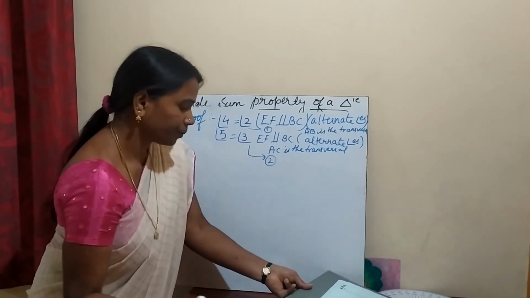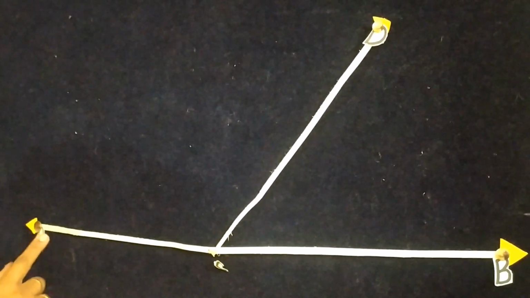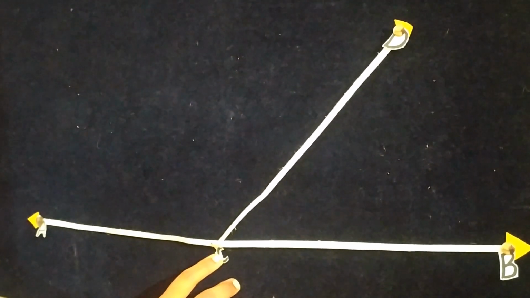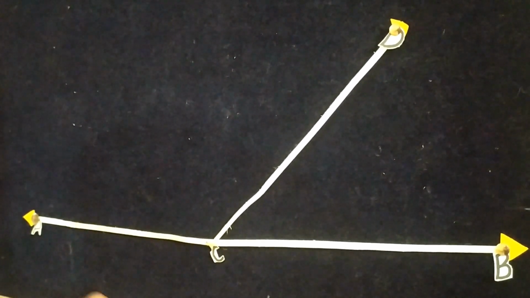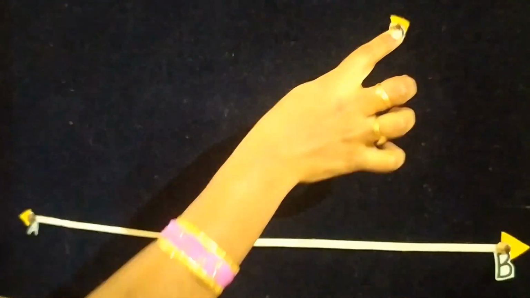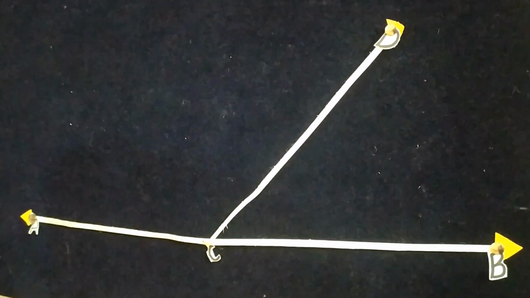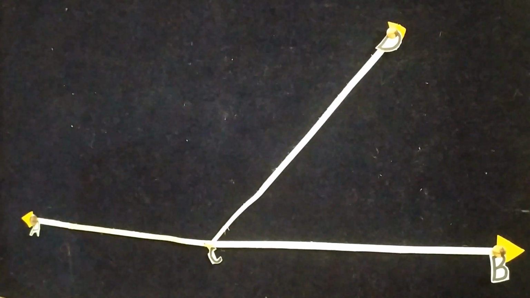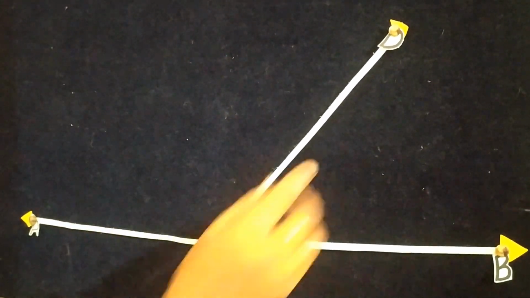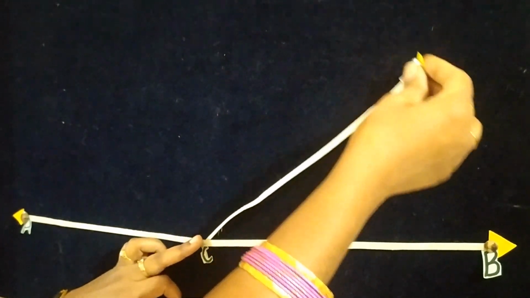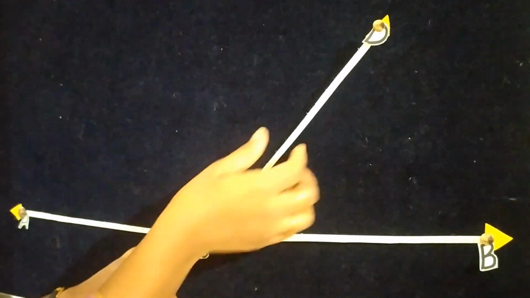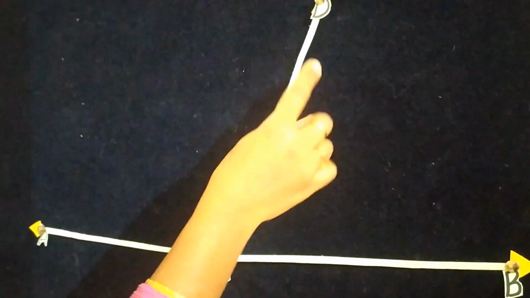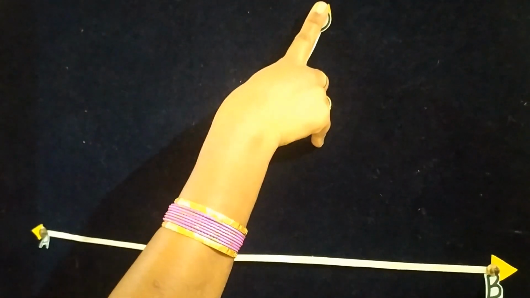Now just observe here. AB is a straight line, and at the point C one more line has formed, that is CD. Now CD is called a common arm, and the point C is called a common vertex. So these angles, DCB and DCA, are called a linear pair. They are equal to 180 degrees. If one angle decreases, the gap is decreasing here, whereas the angle is increasing here. So this is called a linear pair. Using this concept, we are going to prove it once again.